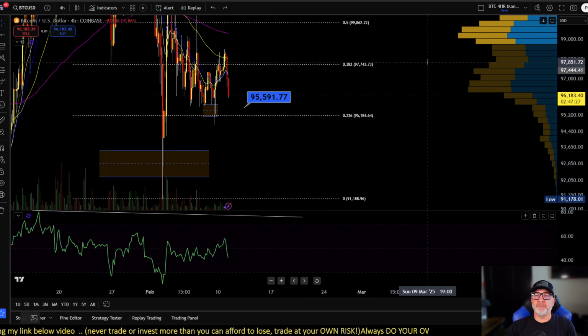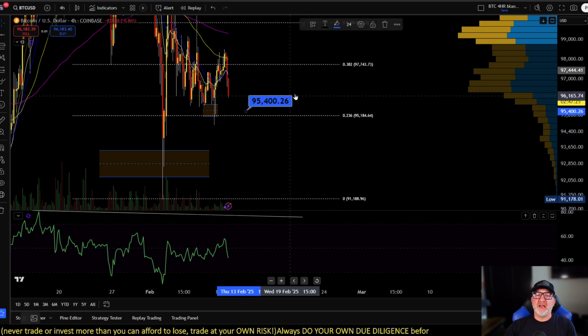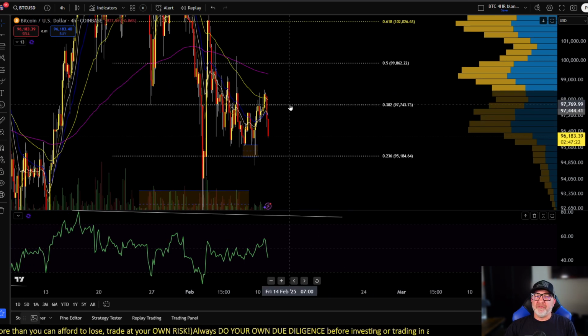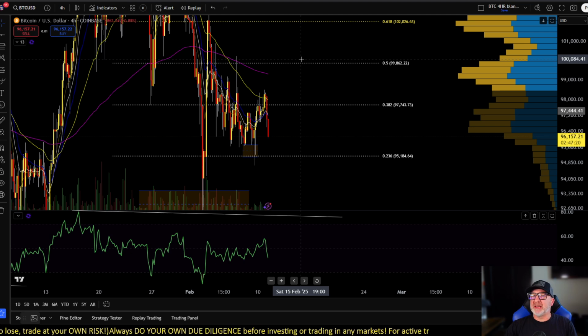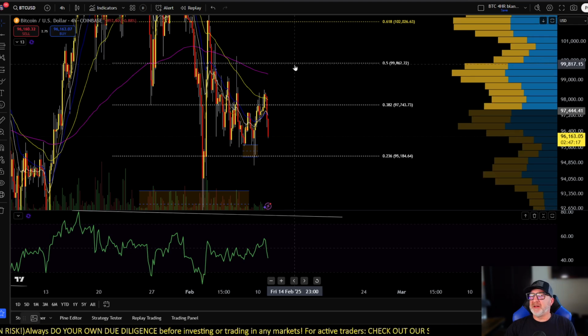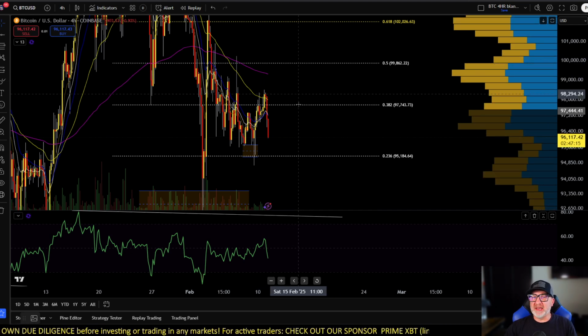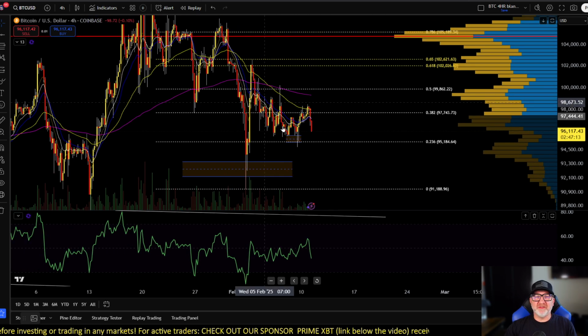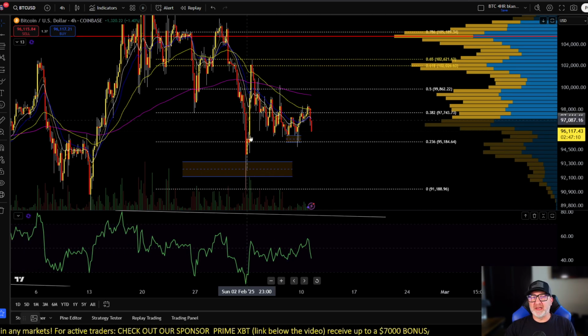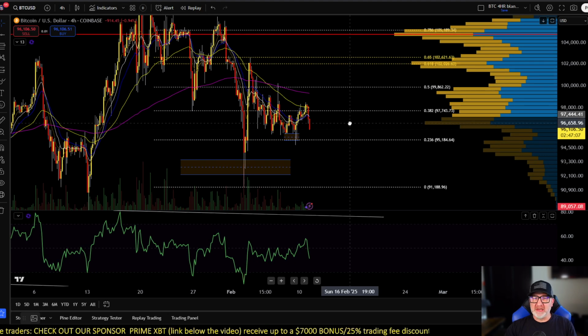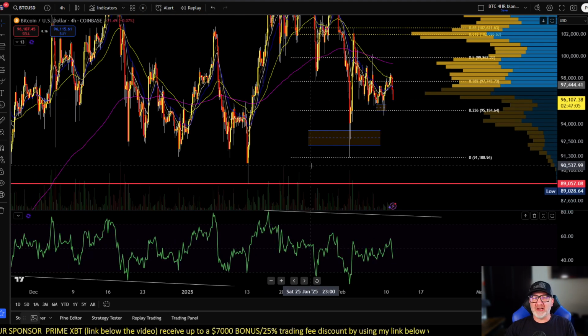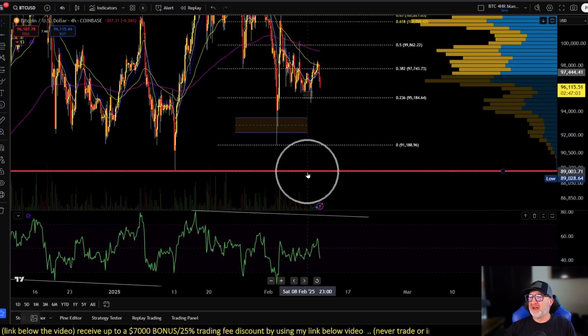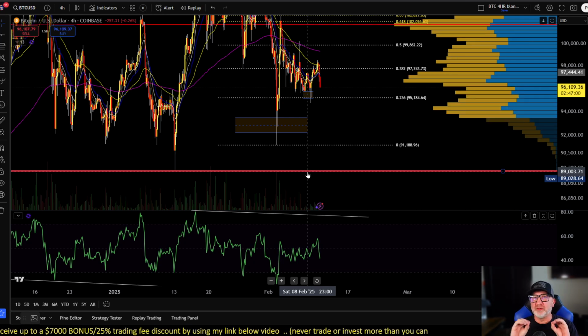Whoops, didn't mean to move that. But if we break back above there, then we'll probably go test the 50% fib, which is at 99,862 again, and bounce around. But as you can see, these fibs make a huge difference, right? We're just playing around in these fibs right now. No big deal. But again, watch for this break. Now this here, 89,000, that's super, super important, especially for the distribution theory, because